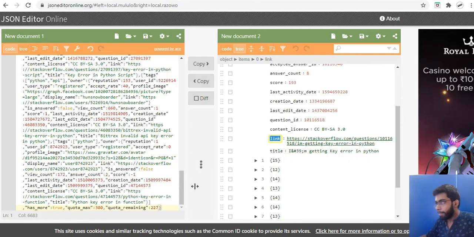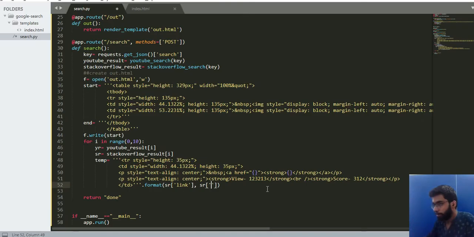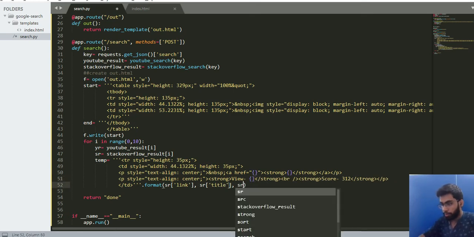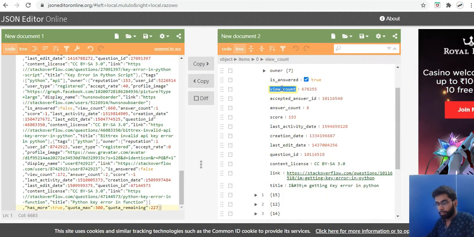Sr dot, what's the title, okay. And what else I need is the view, so this is the view count. It shouldn't be just a number, so what is the key there, view count.